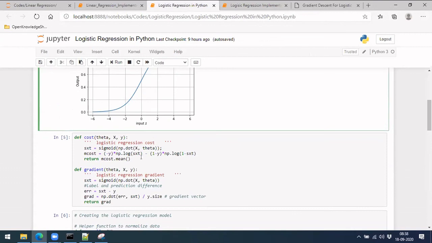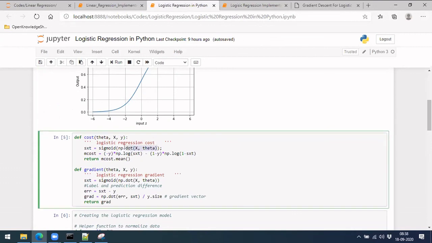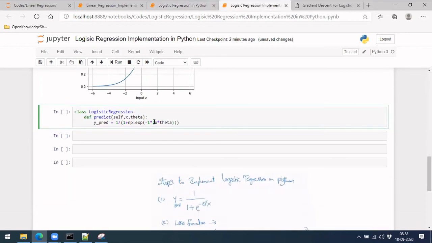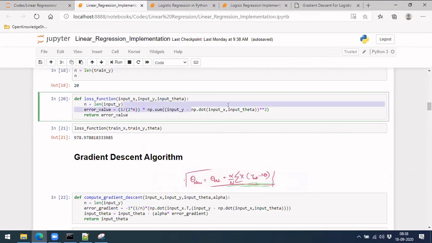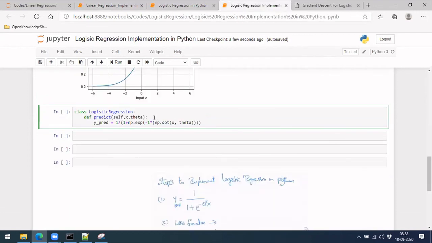Let me take that reference from last time. While implementing, most of the time we are taking this x theta instead of theta transpose x. If you remember, we multiply this matrix using np.dot. If you can recall from our last classes in linear regression, we did x into theta like this. So the same thing we are doing here with np.dot.